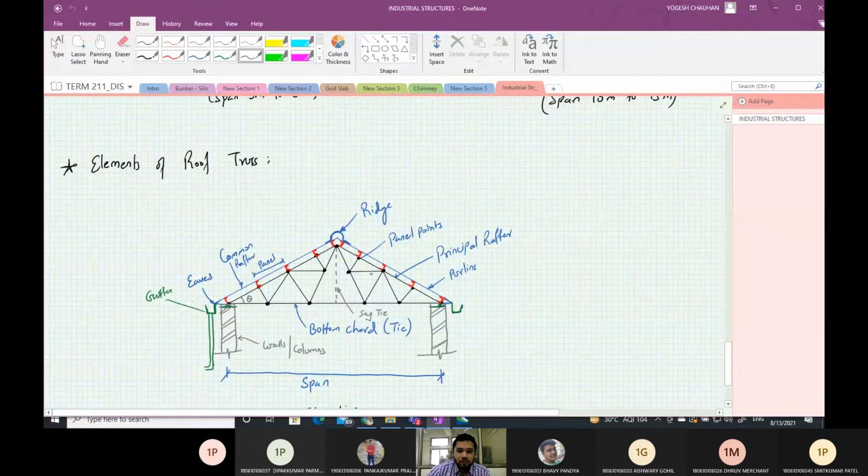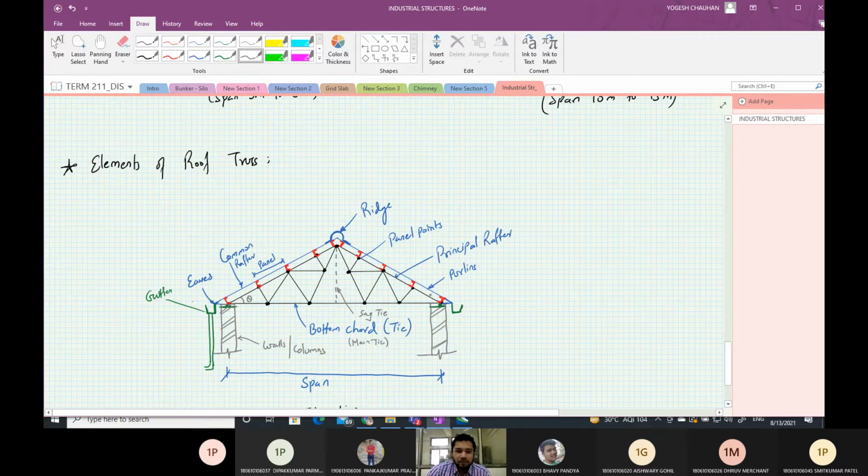This is the principal rafter, which is mainly under compression under gravity loadings, and this is the bottom chord or main tie, which is under tension under gravity loadings. So the ties are predominantly tension members, and principal rafters are predominantly compression members.